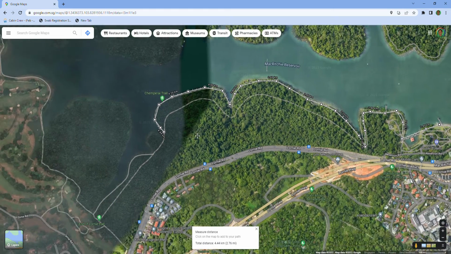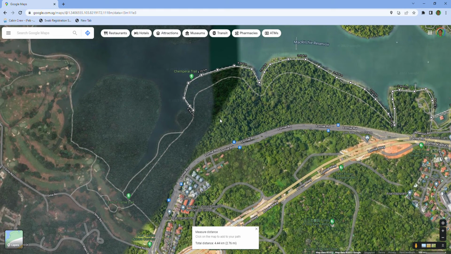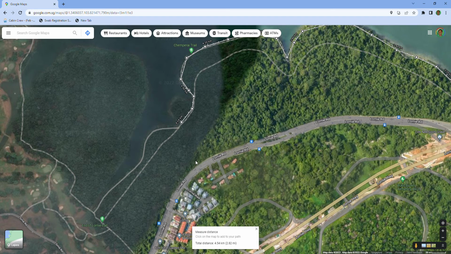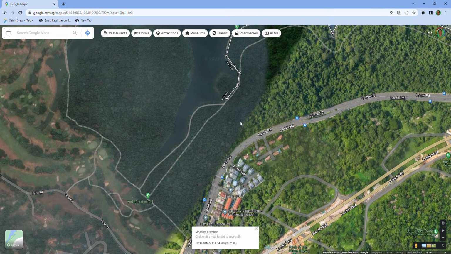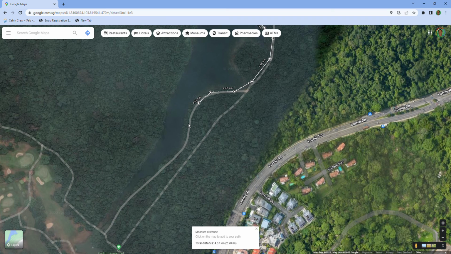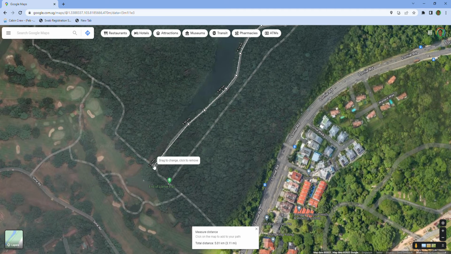This is a very scenic walk, even for seniors. You can continue here, this part, and there's a fork here. Either I can go the inner one or the outer one. I'm sure perhaps one of them is accessible, and I prefer to take the inner one that's further away from Lornie Road. So it's still along some side of the water edge. As you can see, this part is quite close to the water edge. And then, okay, I will try something new. You can see at the end of here I reached 5.01 kilometers,